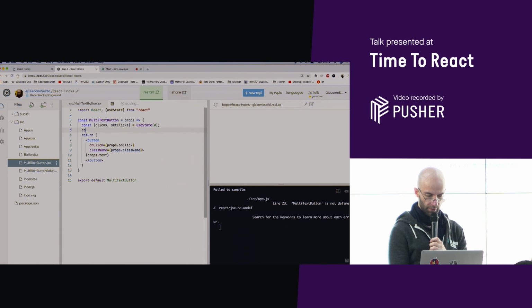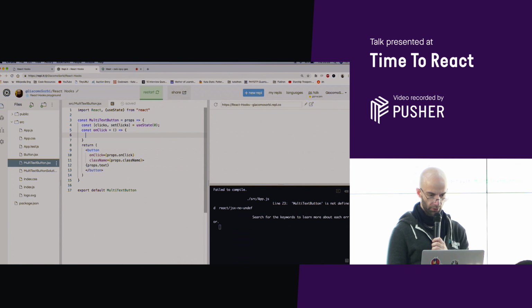Then we declare our own onClick function, which is going to supersede the previous one. It's not taking any parameter because we are a bit sloppy, we don't care. If we pass an event, we are going to ignore it.